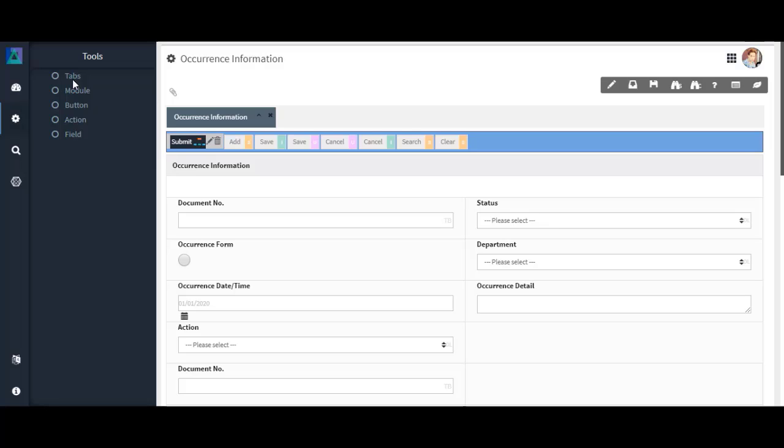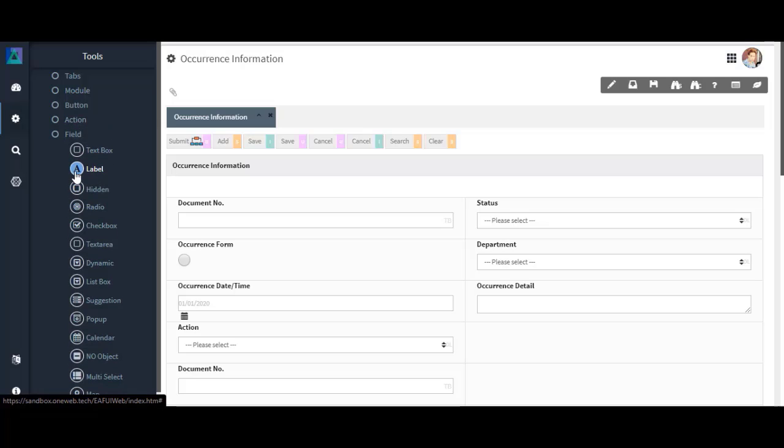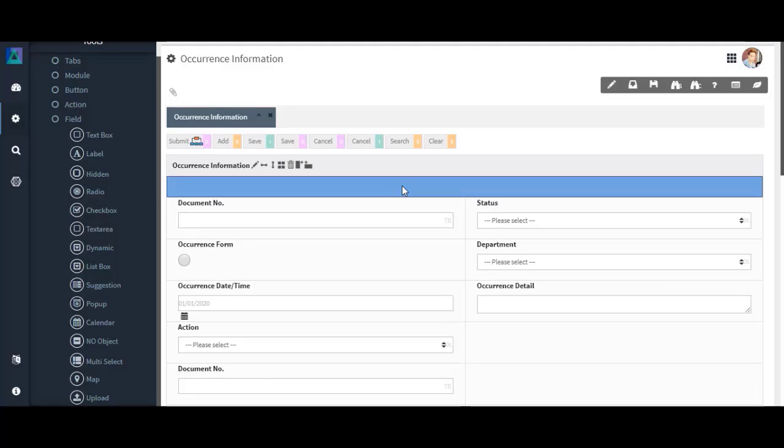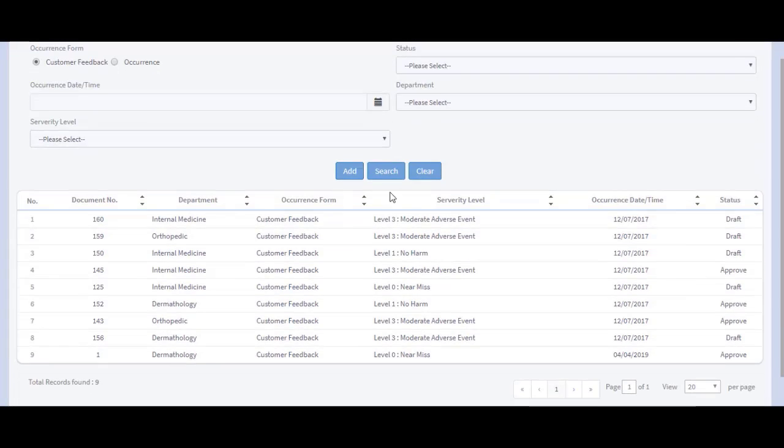Let me show you an example of a smart form created with the OneWeb App Designer. This is how the configuration screen looks like, and you can simply drag and drop to choose from the design layout and available fields to design your smart form as required. Also, at any time during this design configuration phase, you can choose the options available on the top right corner to generate the previews and see how it would appear to your end users.